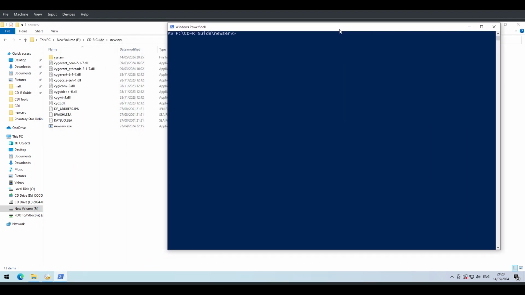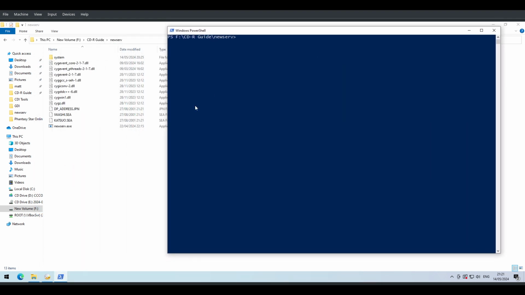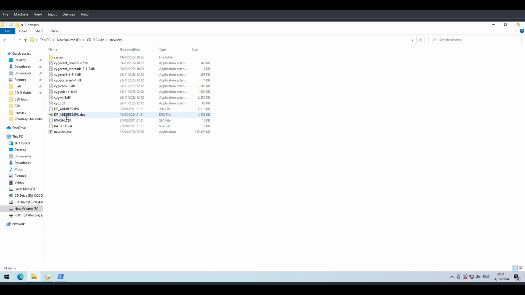So open a PowerShell window, which is done by holding Shift and right-clicking anywhere in the folder, and then type ./newserv decrypt-dcv2-executable --executable=dpaddress.jpn --indexes=katsuo.c --values=iwashi.c, and then it will decrypt the main executable for you, which is obviously here as